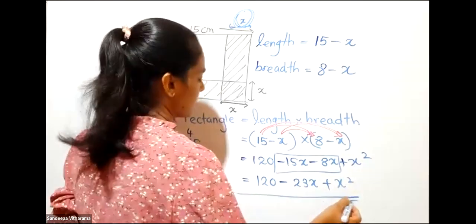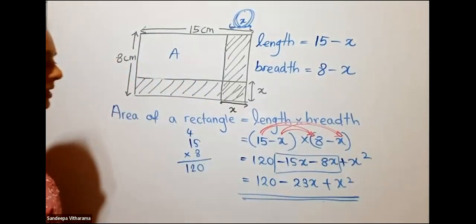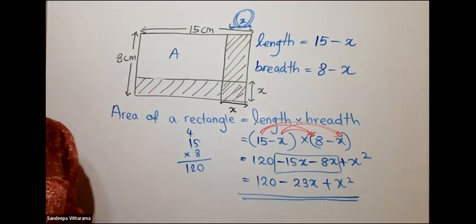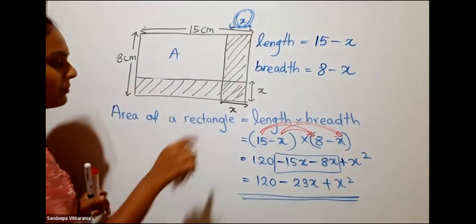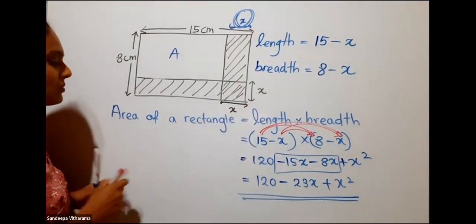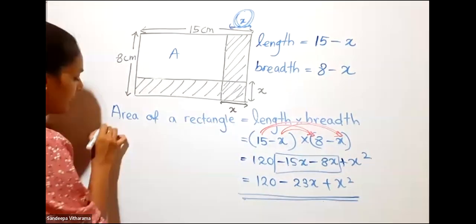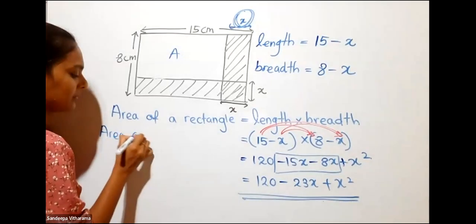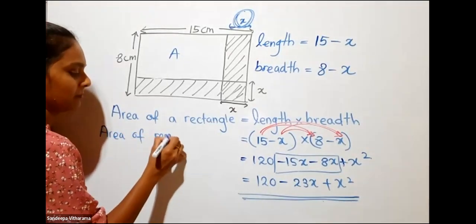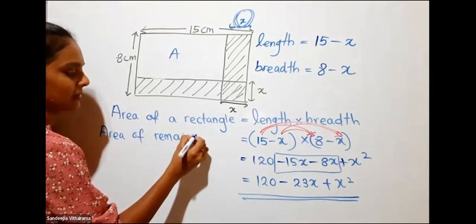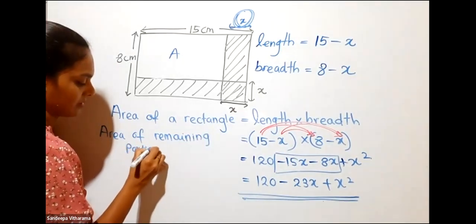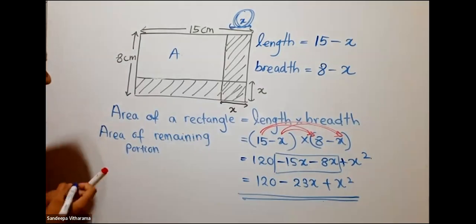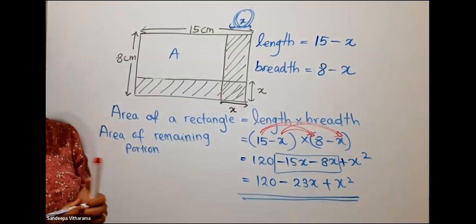This is the area of the rectangle, or the area of the remaining portion. Area of a rectangle is given by this one. So we can write area of remaining portion is equal to